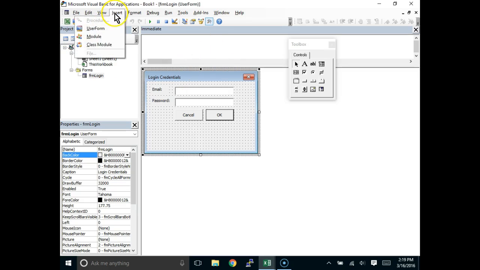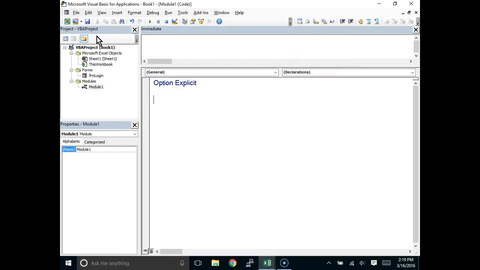So I'm going to insert a module, regular old module. So insert module, and I've got here modules, now module 1, that looks great. Sub, and here I'm just going to call this login. So the first thing I want to do is I want to open that user form. And here's how I say that. Name of the form, frmLogin